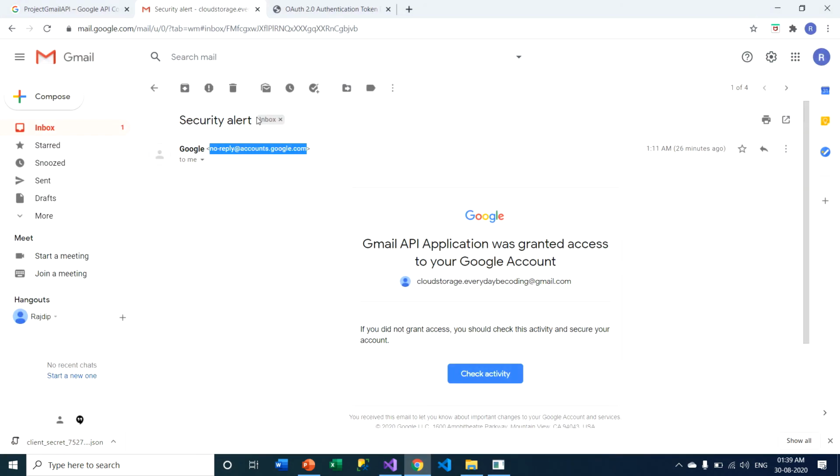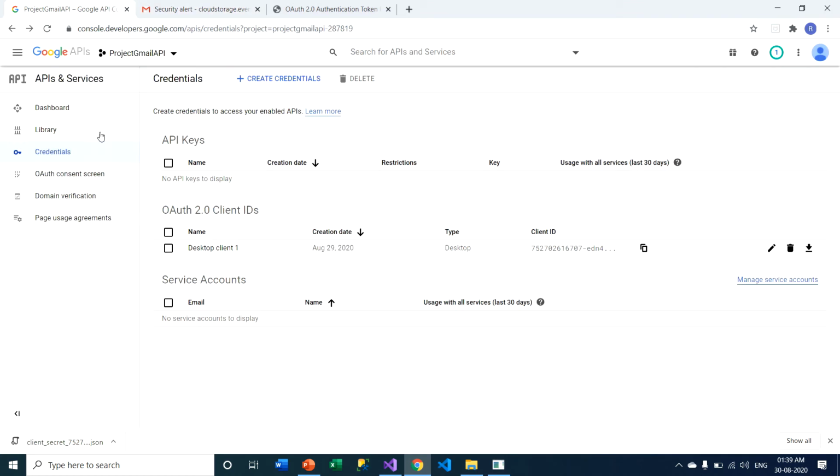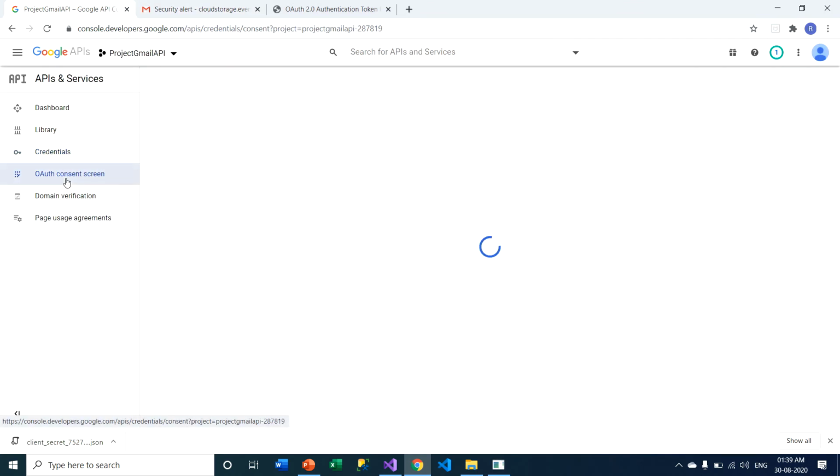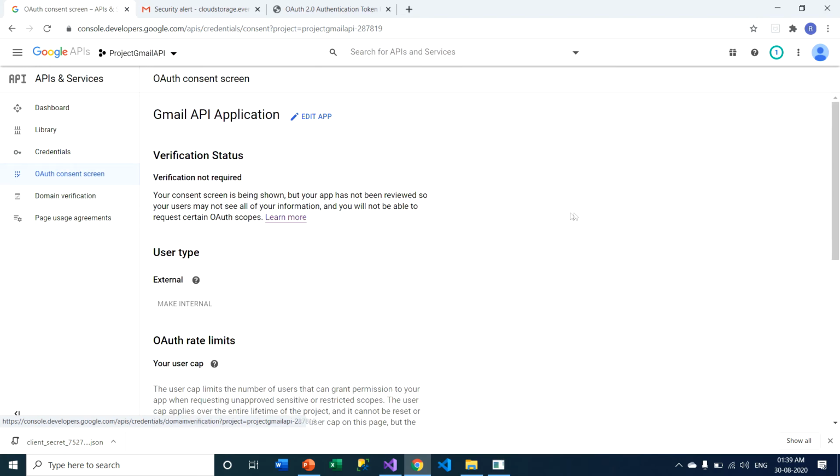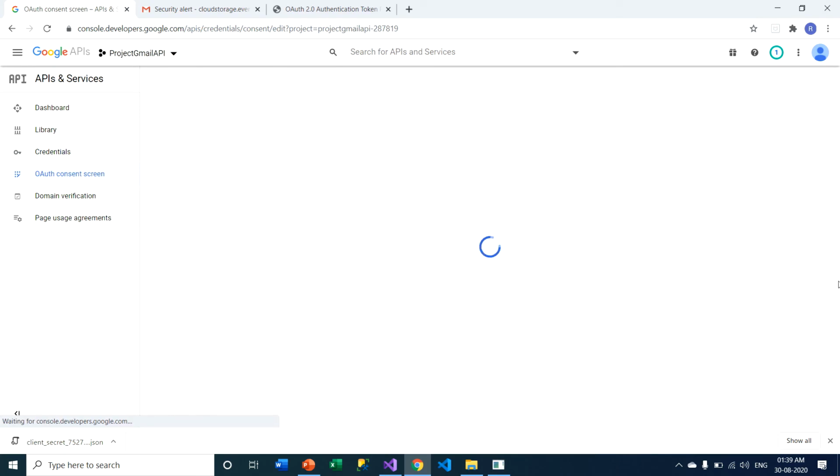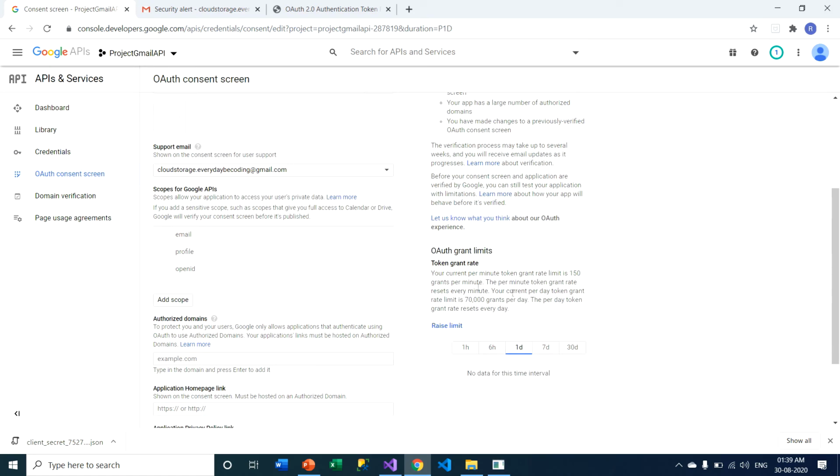Because when you go to console.developers.google.com, under this OAuth consent screen, just click on Edit app. You can see this.